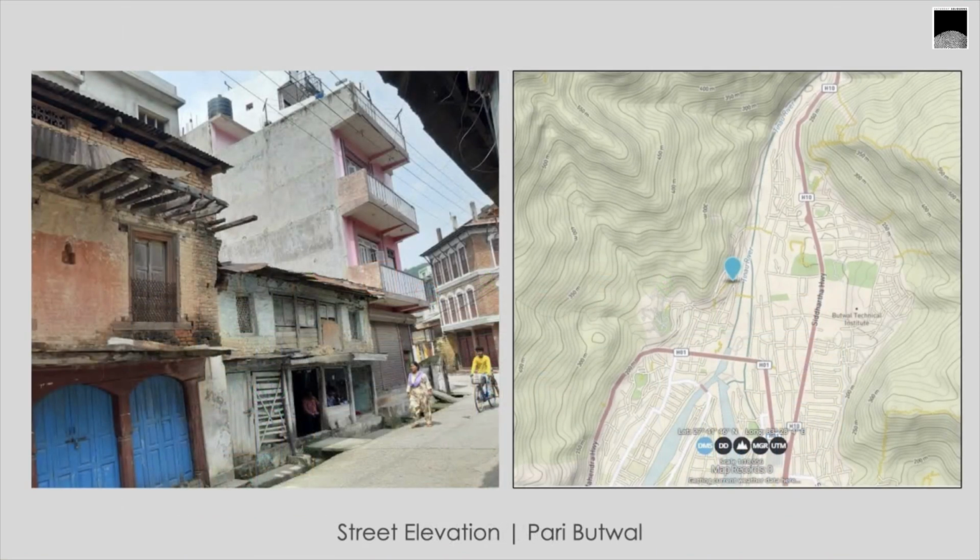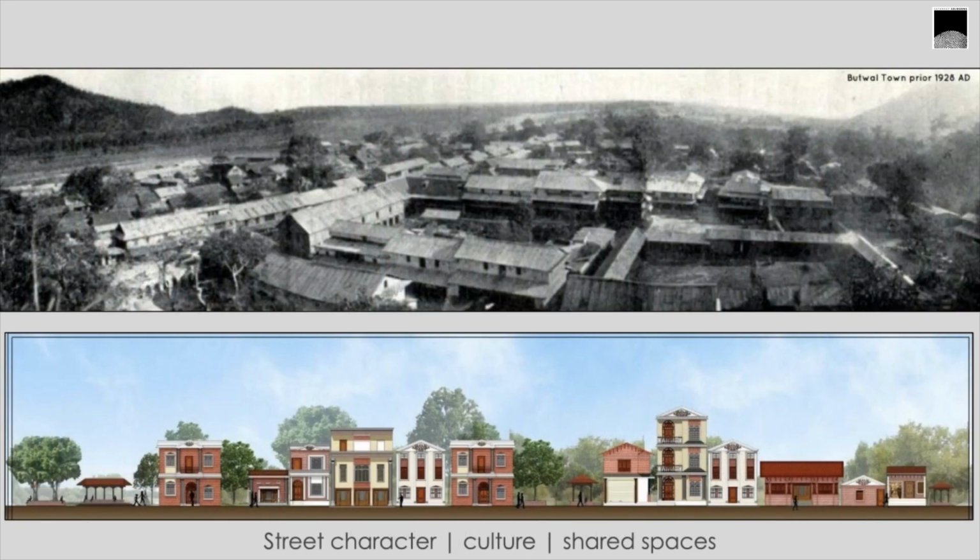I was involved in another public project, street elevation in Paris Butol. Paris Butol, being the origin of Butol city, had its own street characters. Started with the questions what made those streets lively and happening in those times, finding answers, growing through the history, photographs, similar examples of the country. Again, those were the culture, the people, and the shared spaces by them, street character, and the elevations.